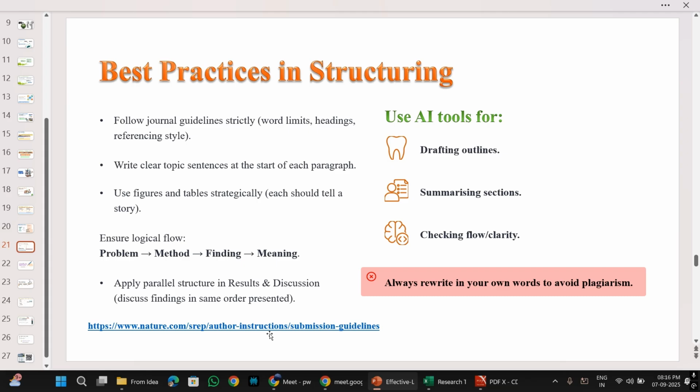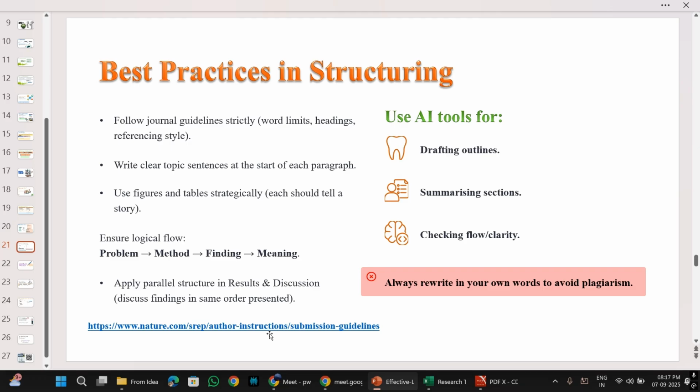You can ask them to structure your manuscript, that is, prepare an outline, and also to summarize. For example, if I'm writing an introduction for, let's say, land use land cover changes from 2001 to 2025, if this is the article name or the project name for Delhi, and I ask ChatGPT what are the different questions that I need to answer in the introduction section, then ChatGPT is very helpful to me.